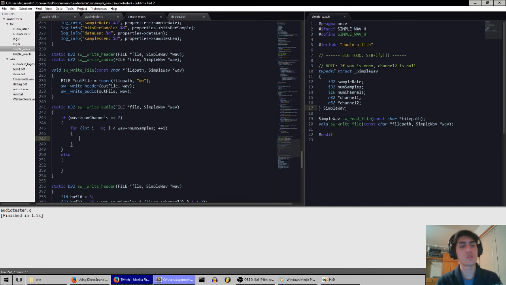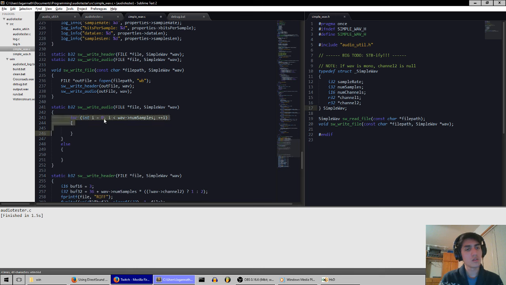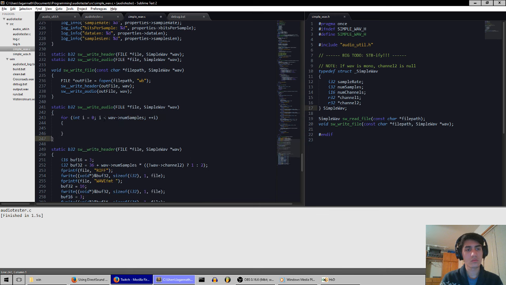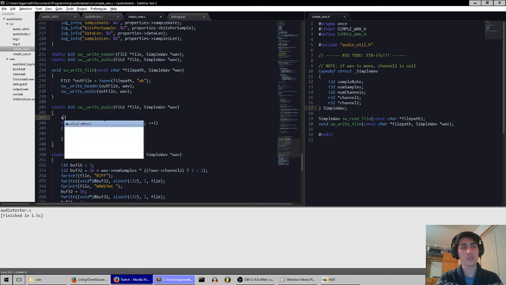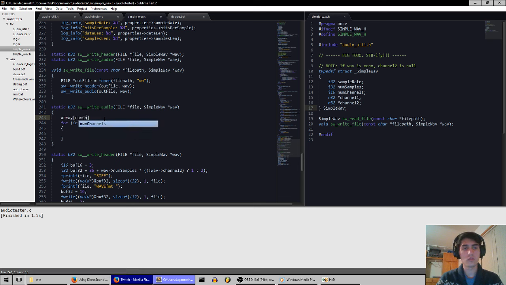I think there's a simpler way of doing this, because if the number of channels is 2, then the way we can index into the array is by doing array channels times 2 plus channels plus 1. I think that'll do it, because what this will do is, if num channels